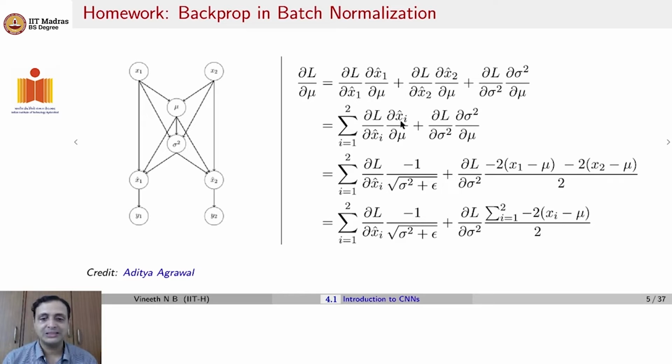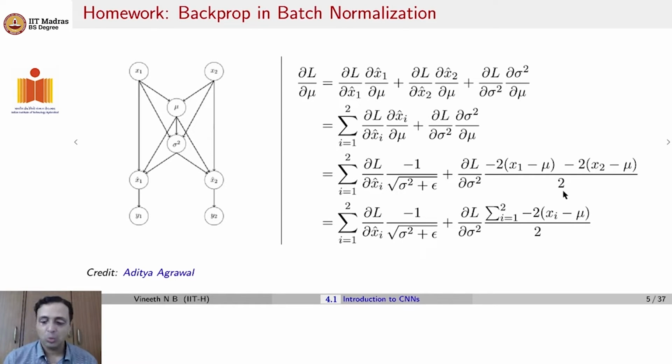So the first two terms get absorbed into a common summation, and the last term stays as it is. ∂xi hat/∂μ is given by this gradient here. This once again follows directly from the definition of xi hat to be (xi minus μ) by root (σ² plus ε). And the term here, ∂σ²/∂μ, gets written in terms of x's and μ's,